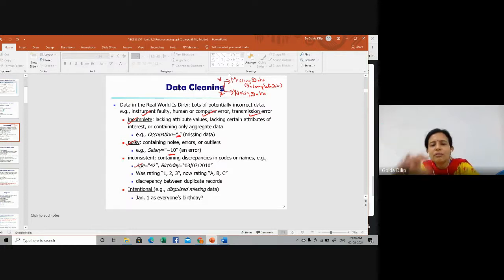Why I told you that is because it is showing an example, age and birthday. Age is actually a derived attribute which can be derived from the birth date, from the birthday. If that is not correctly calculated, it could result in an inconsistency. Multi-valued attribute means, for example, your mobile number.